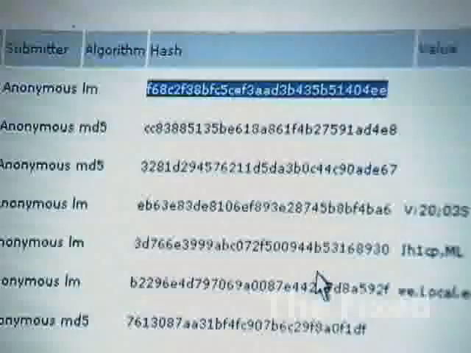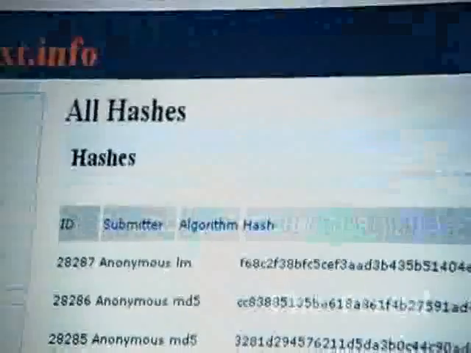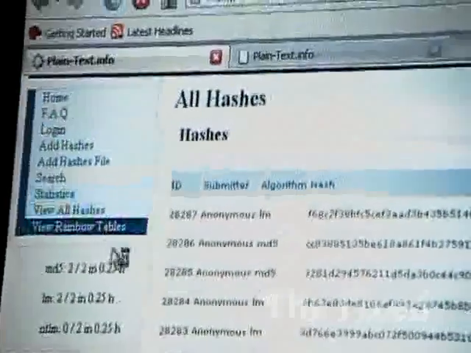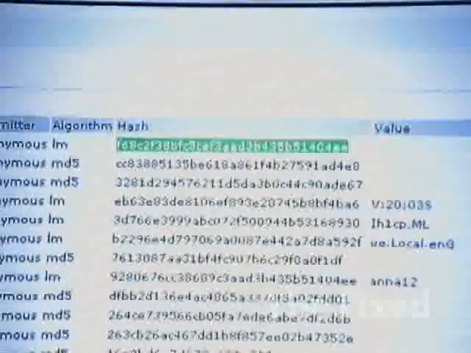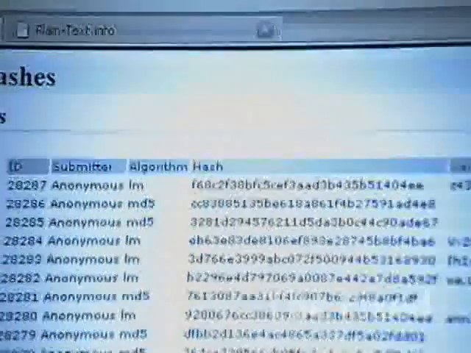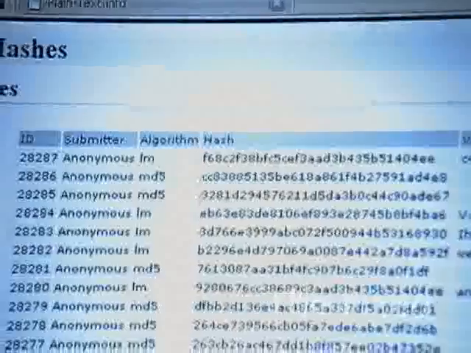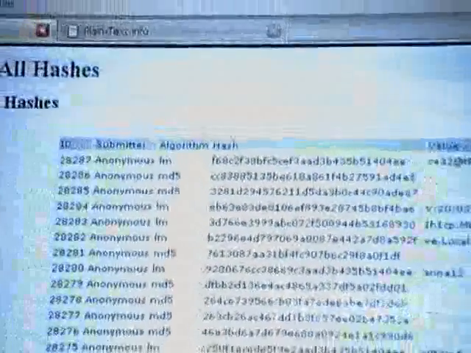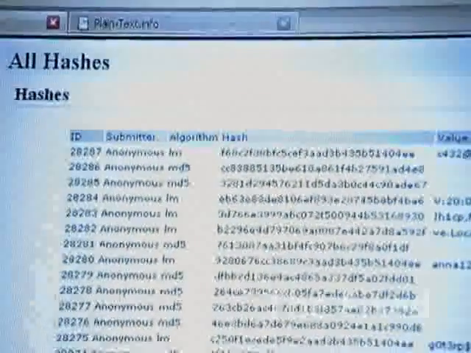And then there's ours right here. And it's cracking at the moment. Let's refresh. It doesn't take long at all. So I guess now we just wait. Okay, well it finally got it. It was maybe about 45 seconds later after submitting it, it cracked the password, and it turns out this particular